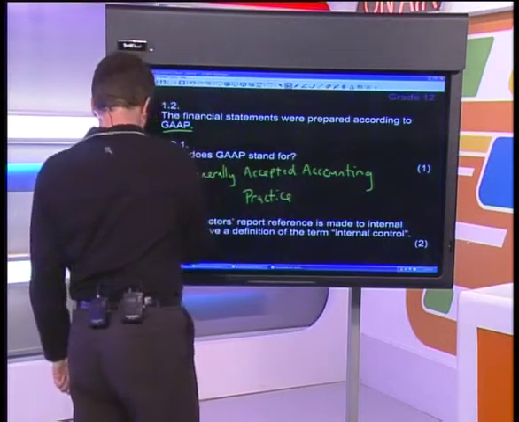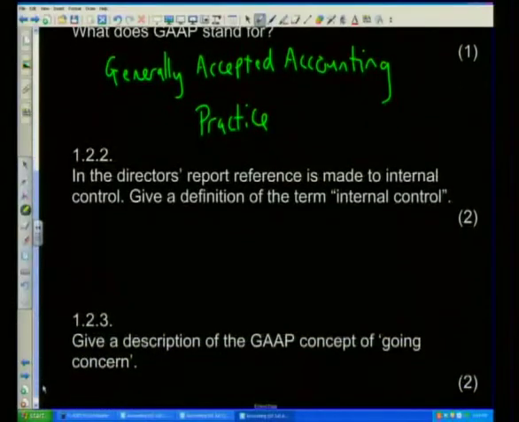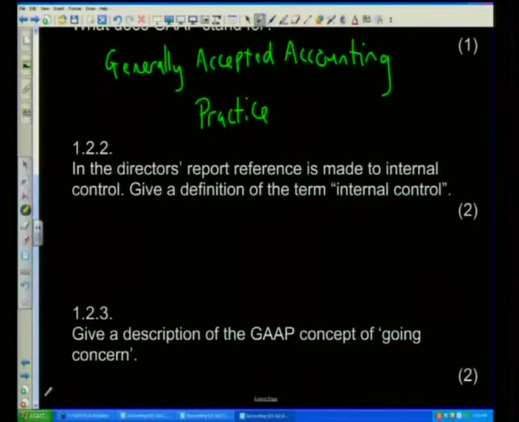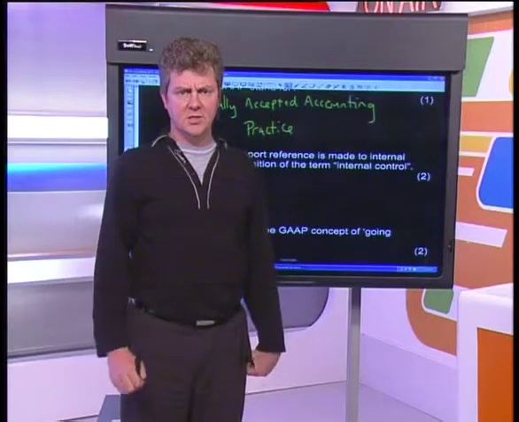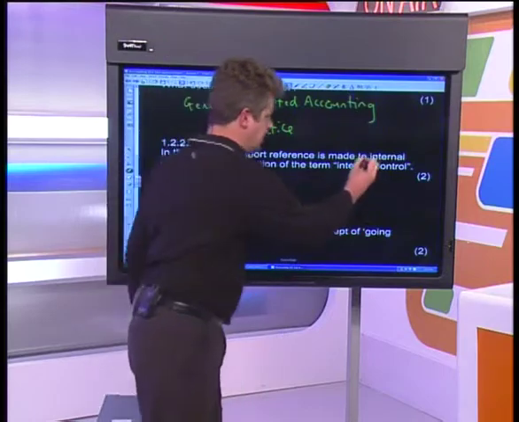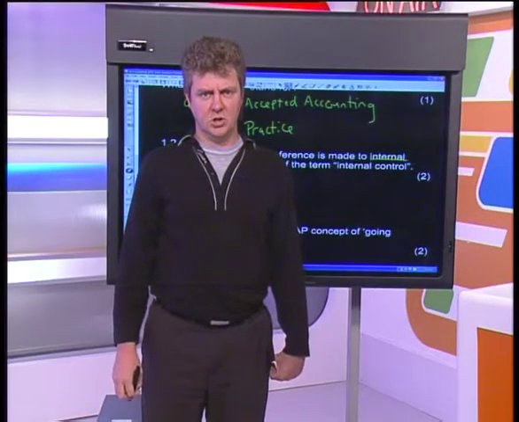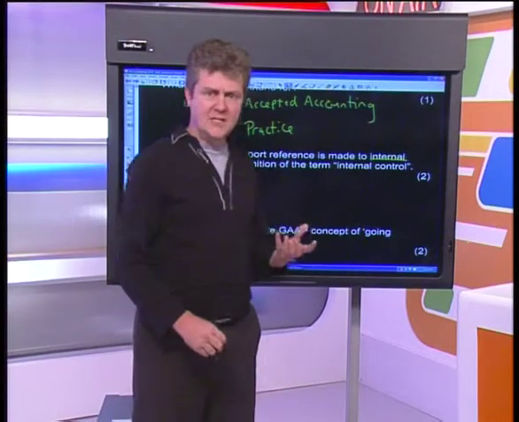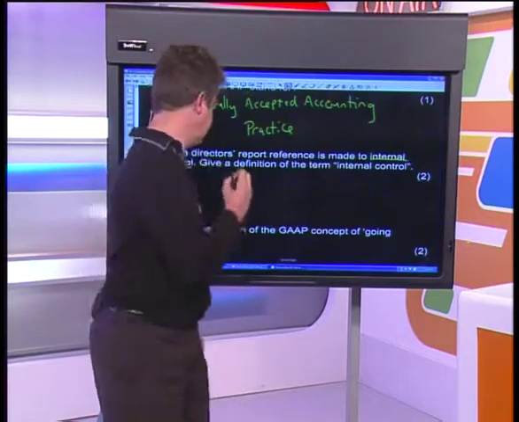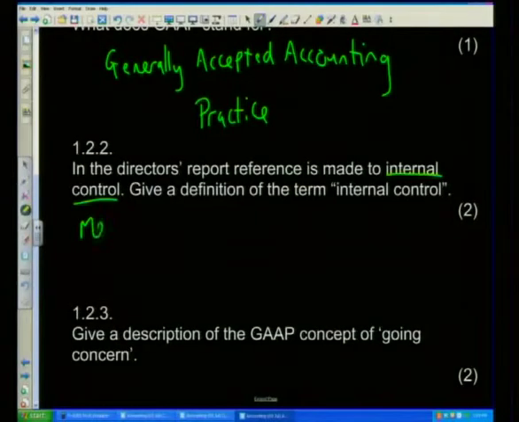And you'll see that the second question also is a theory question. It says that in the director's report, reference is made to the term internal control. Once again, you need to think about what internal control is. Basic definition of internal control would simply be something like this. We would say that internal control is measures taken by a business